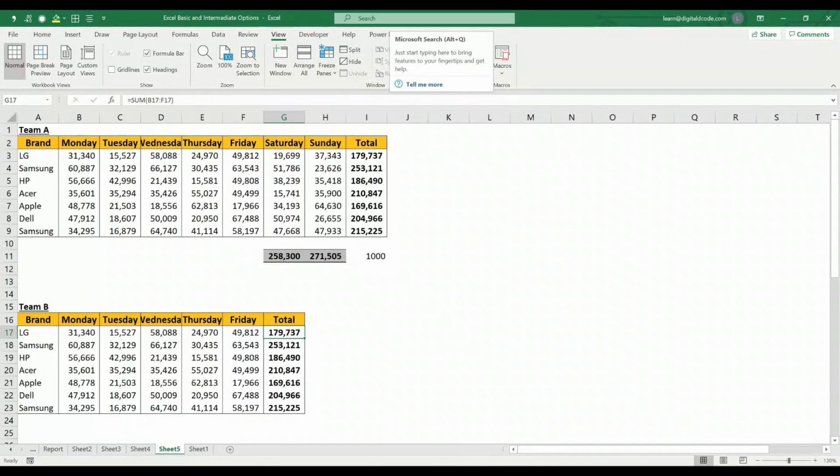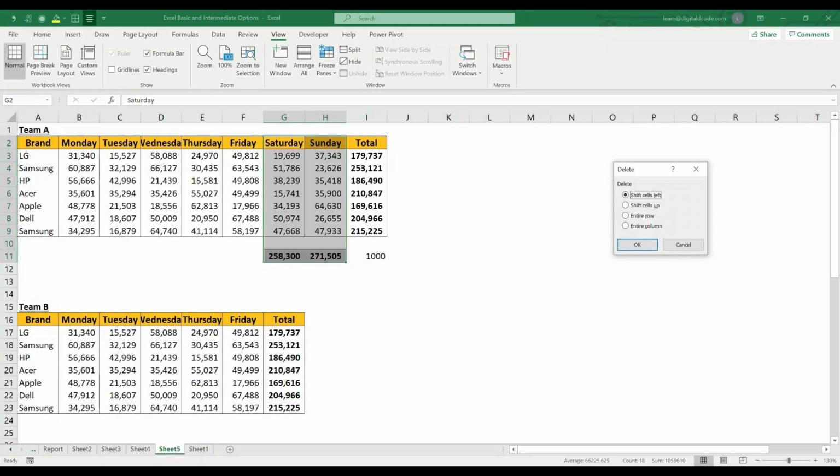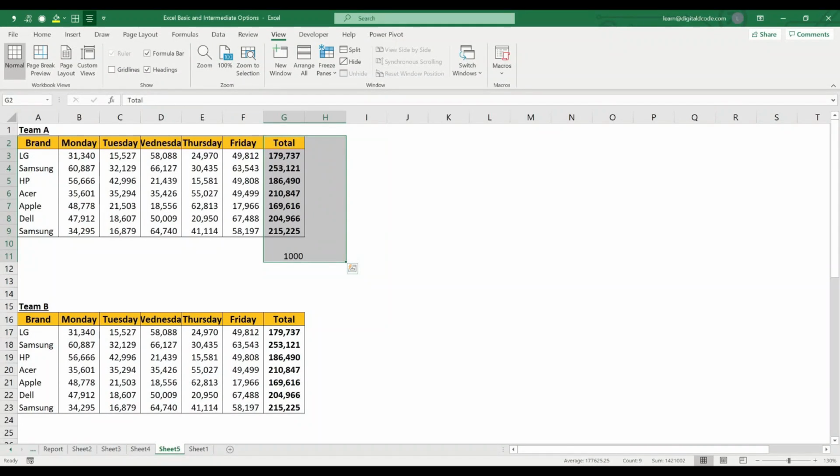Now we have split window. Let me delete this, I don't want it. In split window, this is also almost similar. This is more to do with working in the same sheet but in 4 different places.